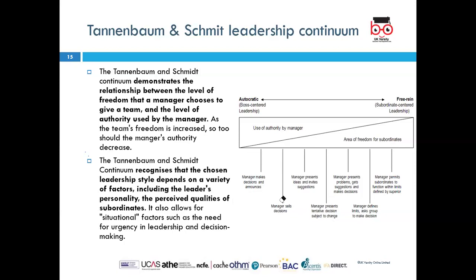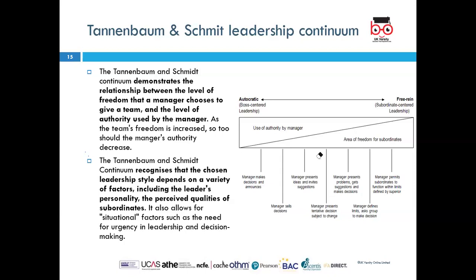In the other instance, the manager knows that there is a way of improving the system, but he knows that it's not possible for that manager to make a change without convincing his people. So he has to convince, so that authority decreases somehow. In the third instance, the manager presents ideas, invites suggestions. This is more collaboration. In the fourth one, the manager presents a decision, and that can be subject to change. He can ask people if they want to make a change, they're open to it. Again, this is giving more authority to the subordinates, but it comes with its own benefits and disadvantages.